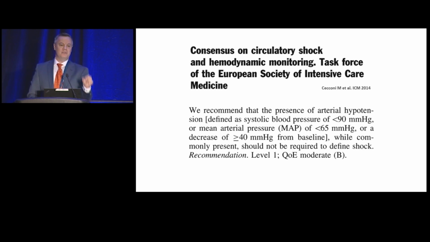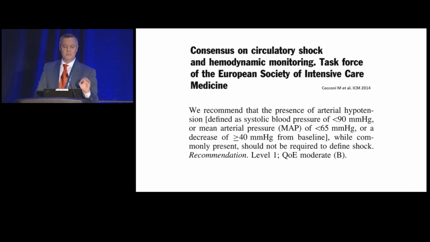we need to define a minimal threshold of blood pressure. Below that level, the perfusion pressure to the tissues could be compromised. And the perfusion pressure to the tissues will depend on the systemic arterial pressure. So we have to define a minimal level of arterial pressure. Below that level, we will have